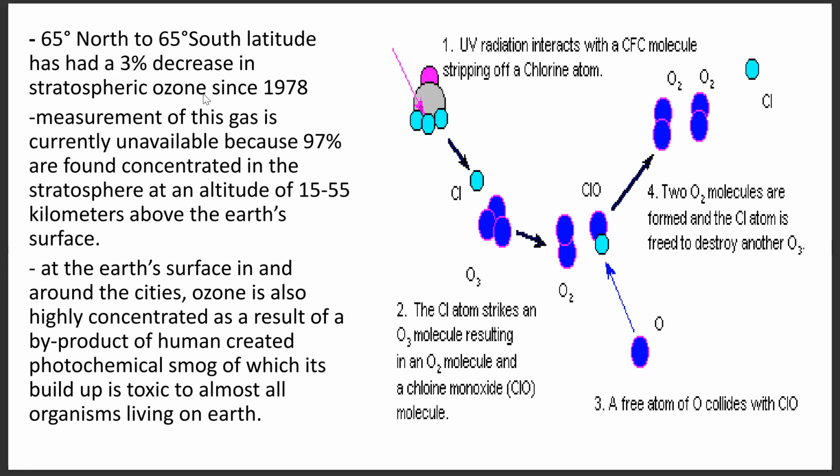So just a reminder, ozone in the ozone layer, specifically in the stratosphere, is good because it helps trap ultraviolet radiation. But ozone here in our troposphere, or ground level ozone, is actually harmful and toxic to humans. So in this particular process, we can see here that